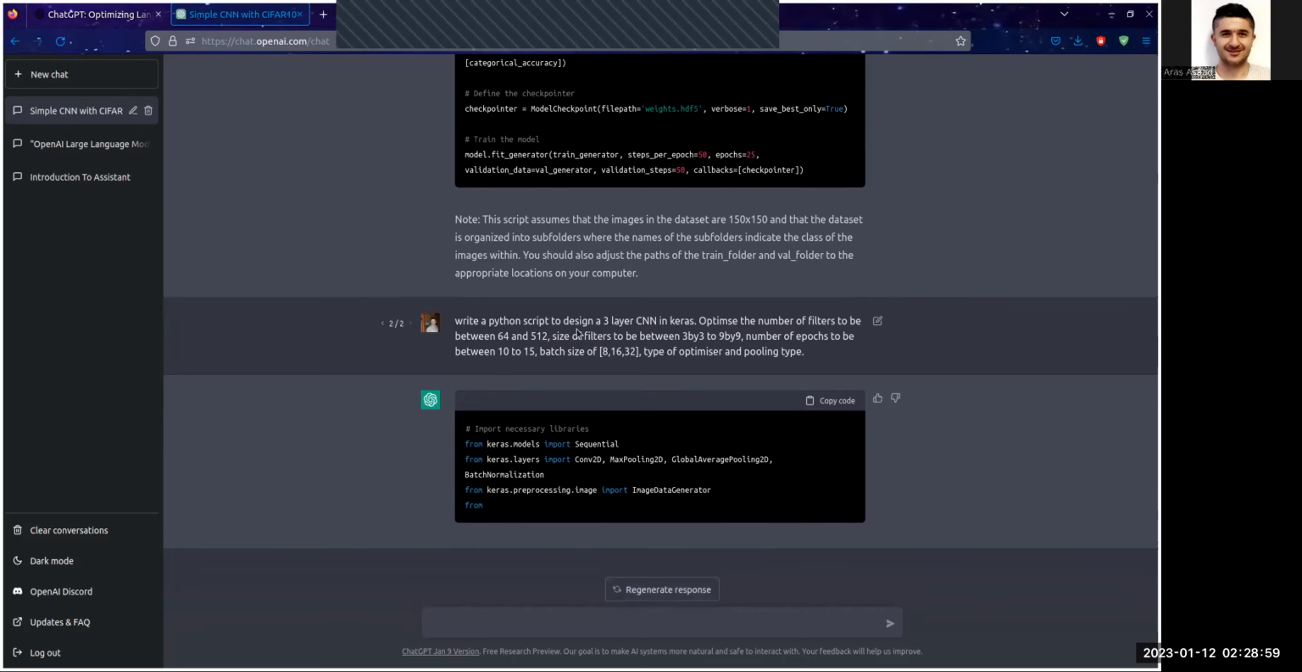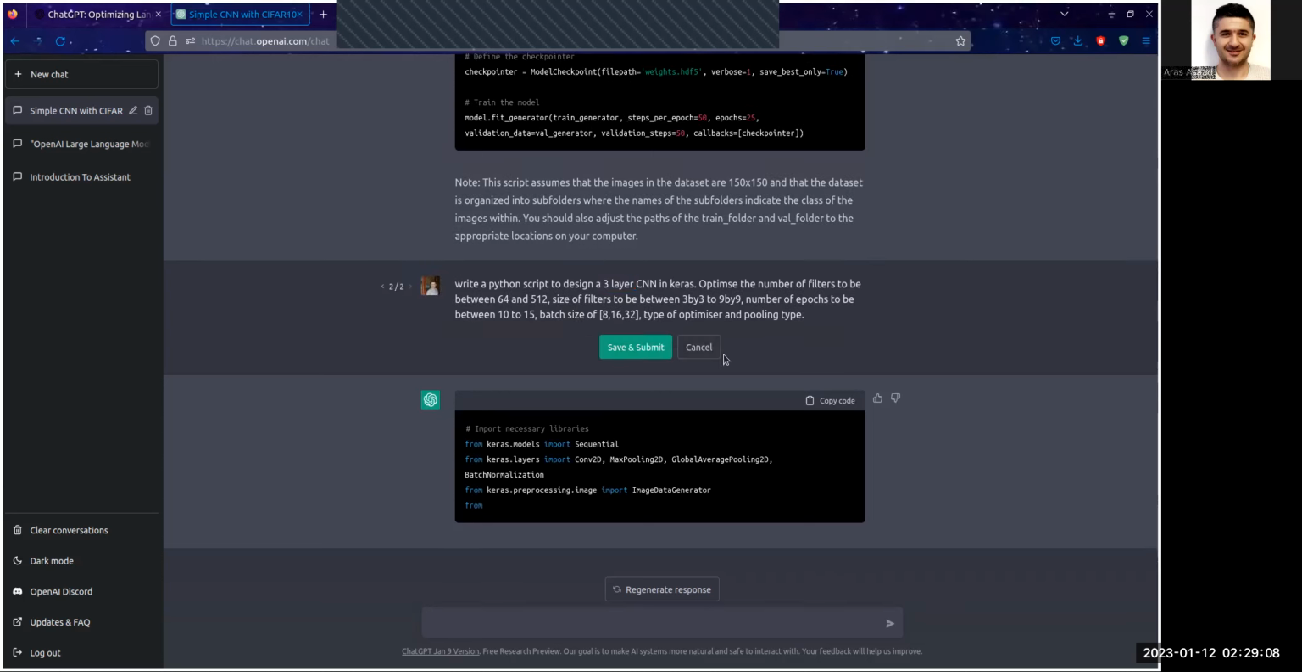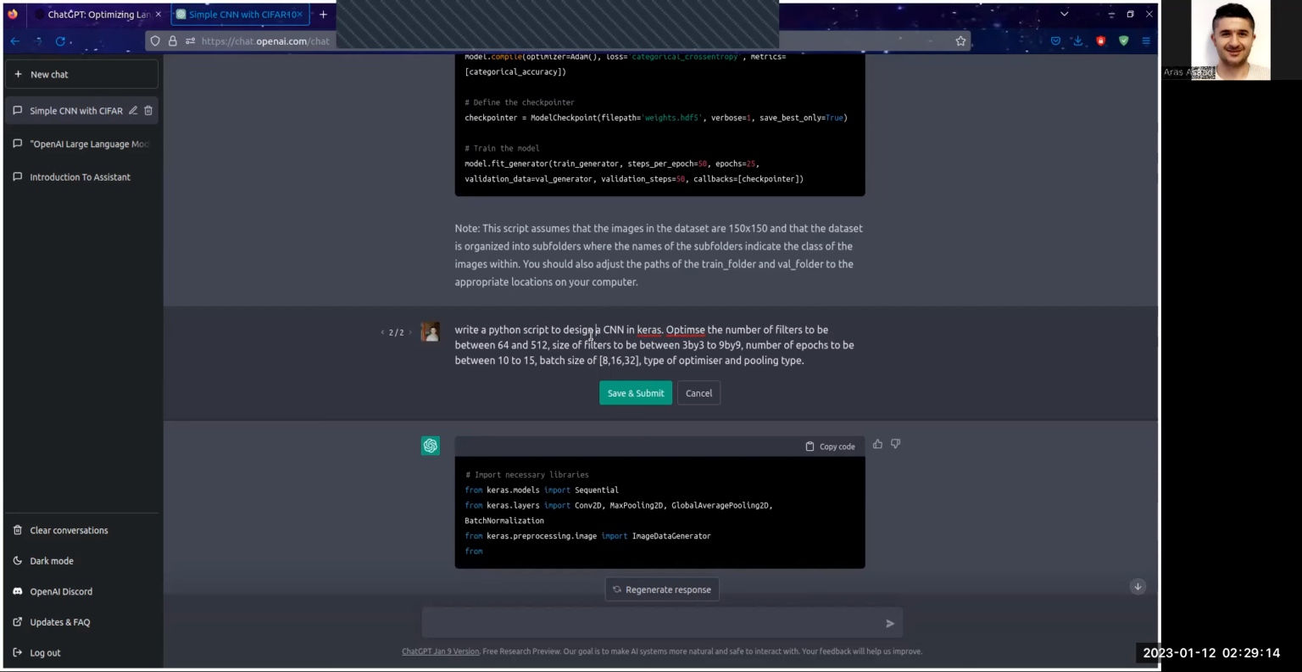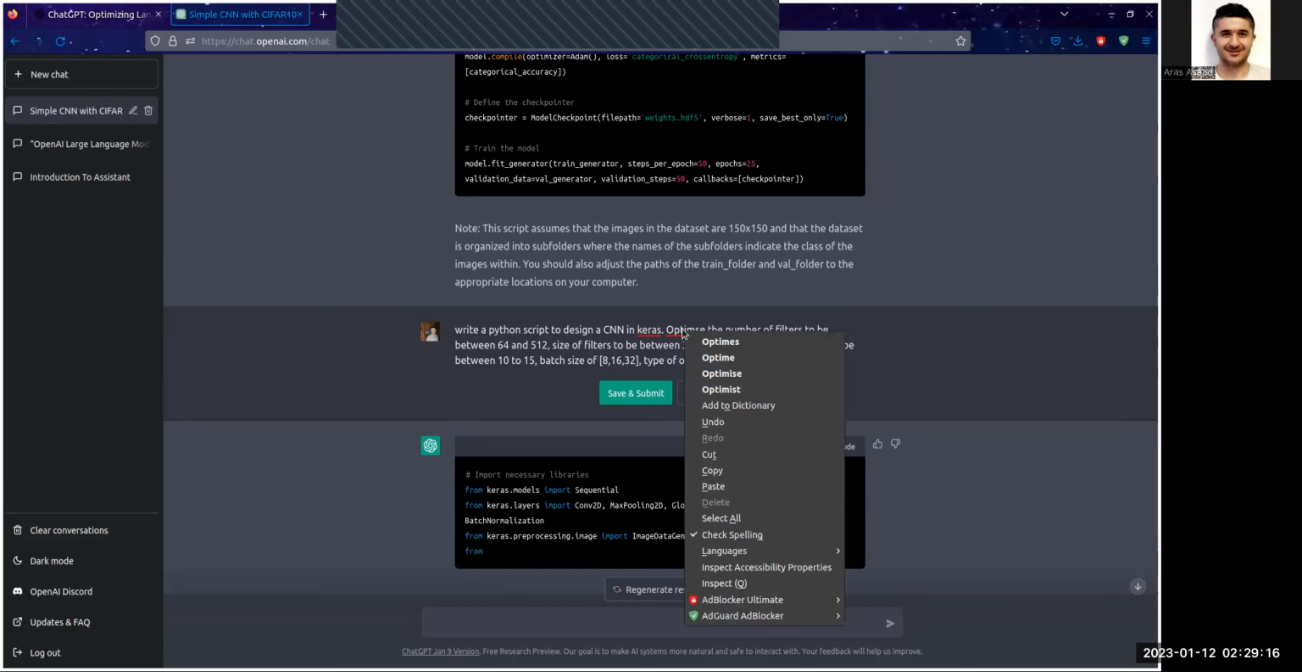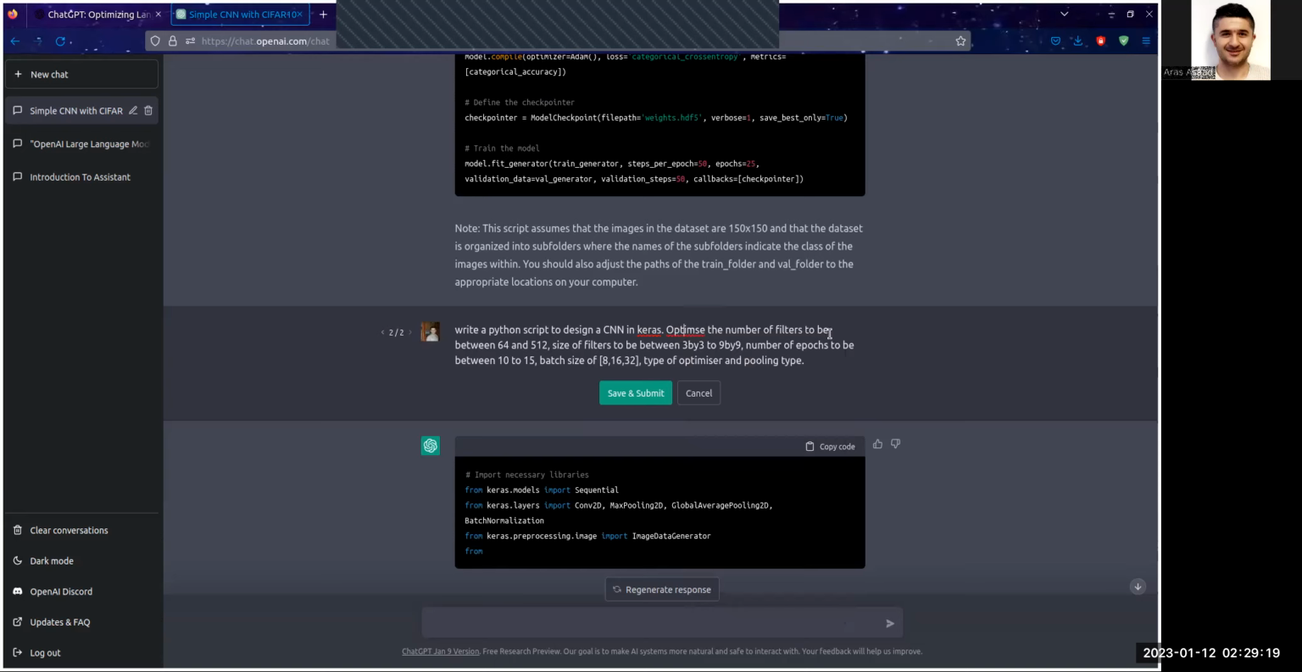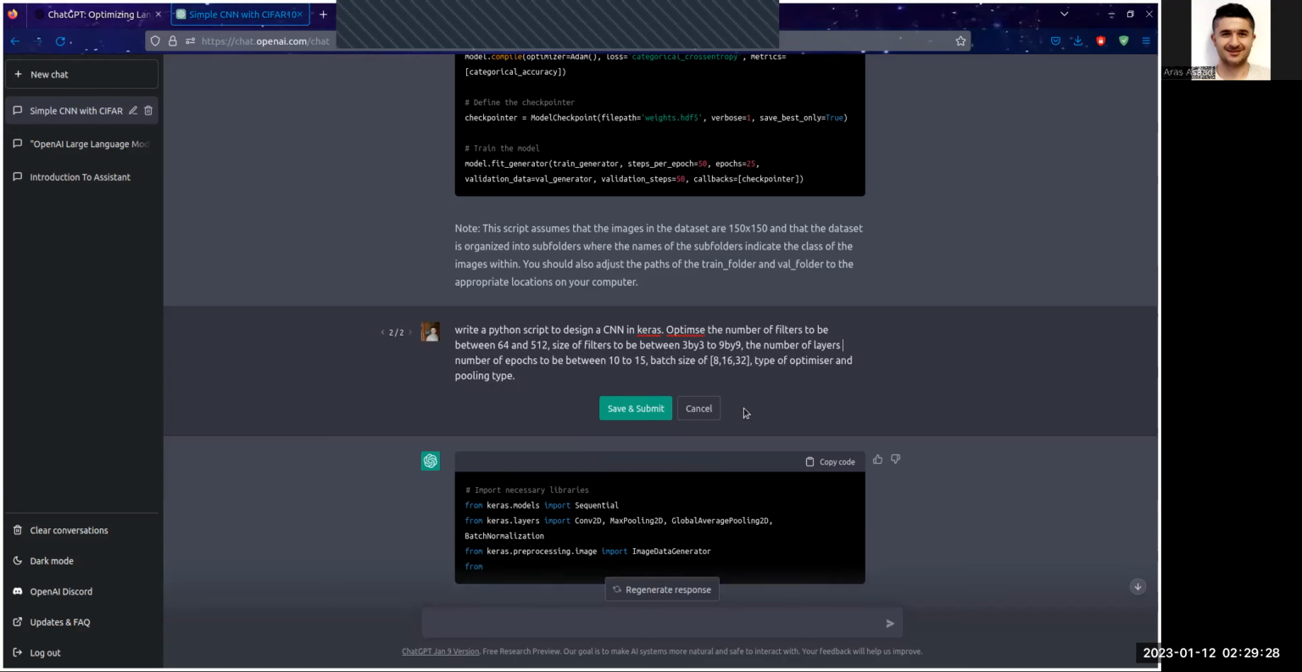Or in fact, to not remember what I have said before, to design a CNN. Okay, let's try. Going to delete this. Okay. Optimize the number of filters, and so on. What else? The number of layers to be between 3 and 5, right? Number of epochs,